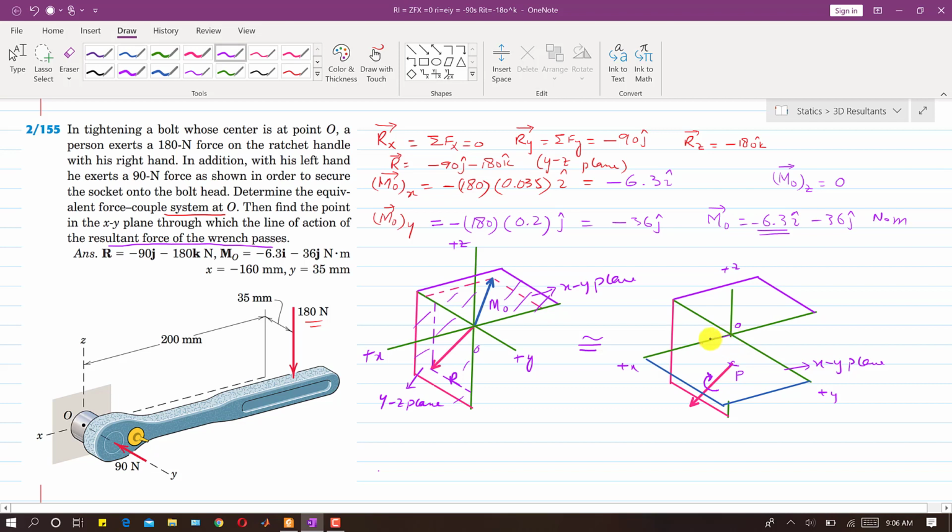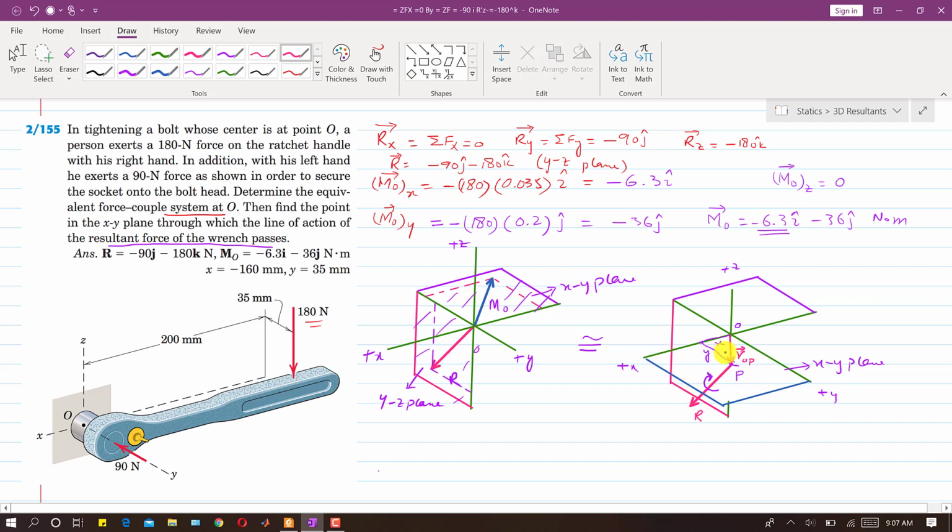So let's say that this is the distance that we need to travel along x, and then we need to travel some distance along y, right? So we need to determine this x and y. And if I draw the moment arm of this resultant from this point O, this will be that resultant. This will be that moment arm, right? So this is R_OP, the moment arm vector, and this is the resultant vector.